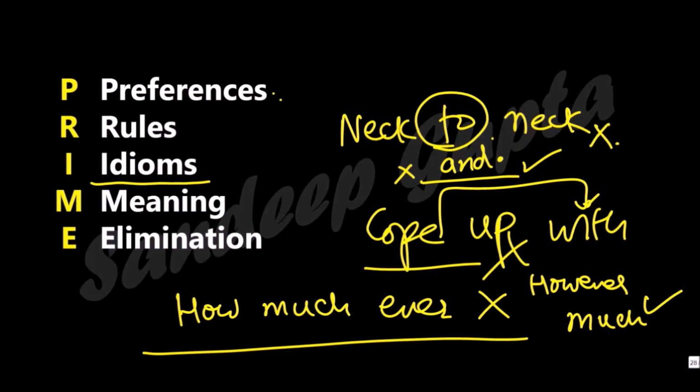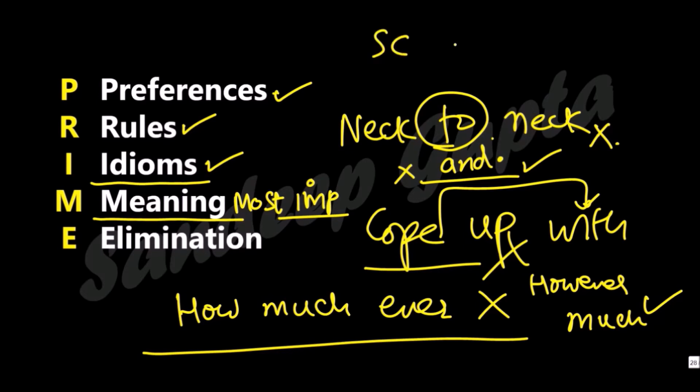So our ears are not tuned to listening to the right ones, and that is why this takes time to master. Now, the fourth thing, which is the most important out of all these five, is meaning clarity. To make a question more difficult, the GMAT may make its grammar correct, its preferences correct, its idioms correct, but may distort the meaning, because intuitively we are not wired to look for the meaning part of the sentence. Now, these days there is a trend. If a question in SC is above 700 level, it is bound to test meaning clarity. So what do we understand by meaning clarity? It is simple. The sentence should make sense in the real world. It should be logically correct, it should be commonsensically correct, and it should just make sense.